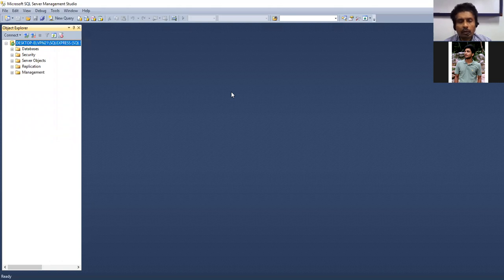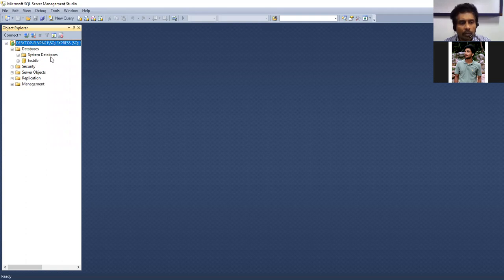In case you're not getting it, you have to go for browse for more. Through that you can get the right server for your Microsoft SQL Server Management Studio. After that, you can find there is an Object Explorer which you'll get on the left-hand side of your screen, where if you scroll down, you can find a databases node.